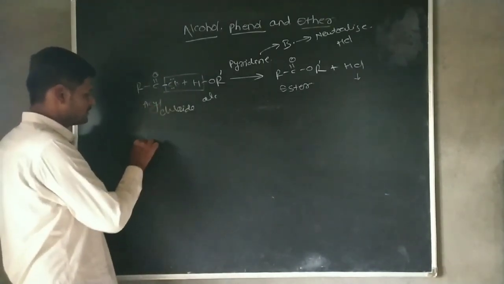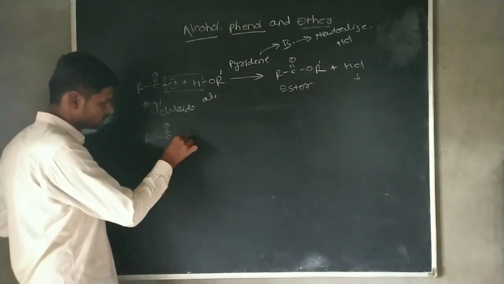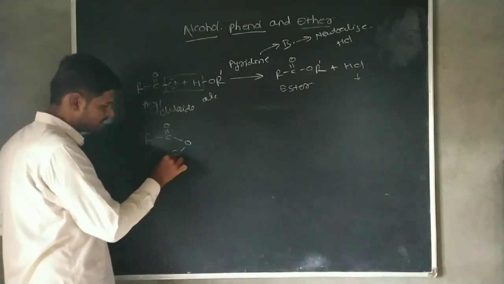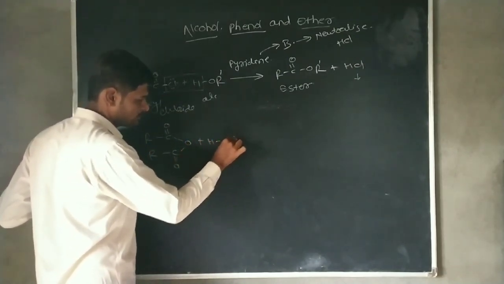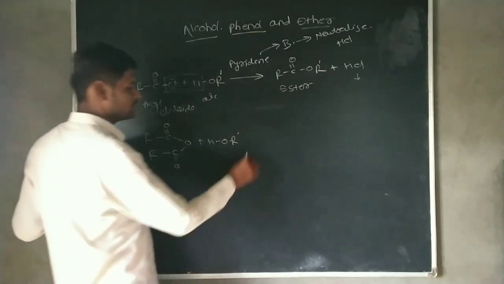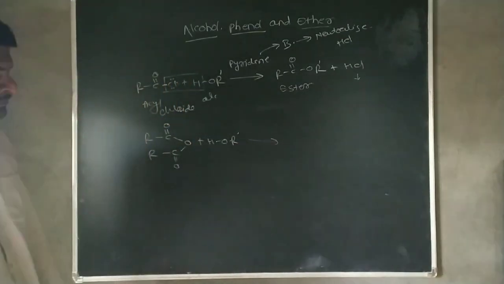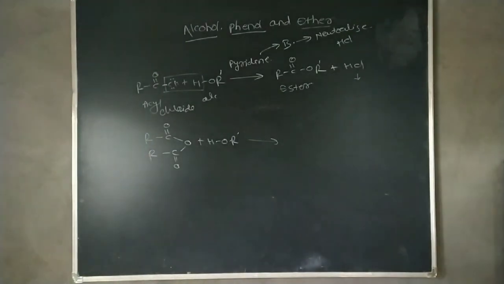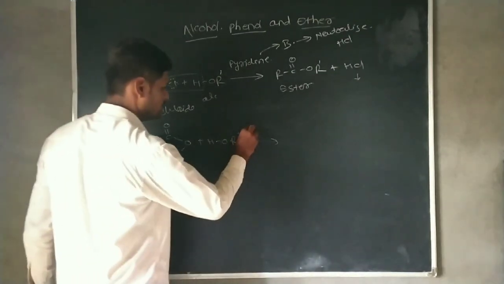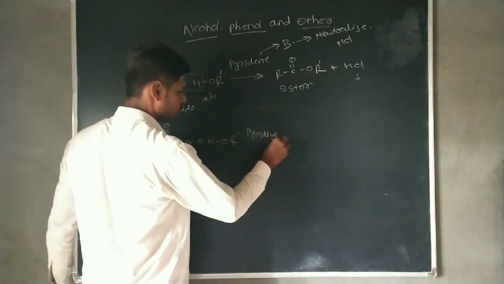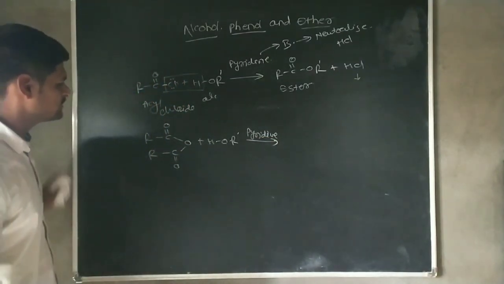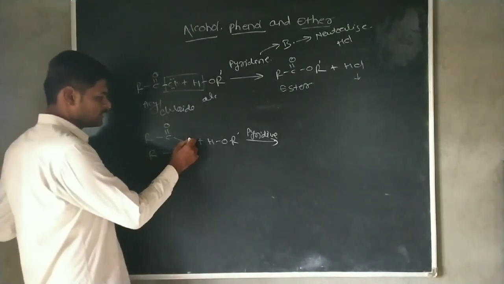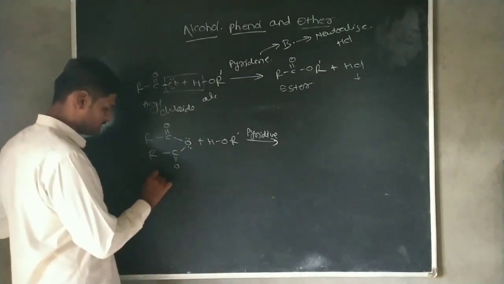Then we can also take the acid anhydride. This acid anhydride is reacted with alcohol. This alcohol contains the R dash. In this reaction, pyridine is also used, because in this reaction the carboxylic acid is also formed. In between this acid anhydride,